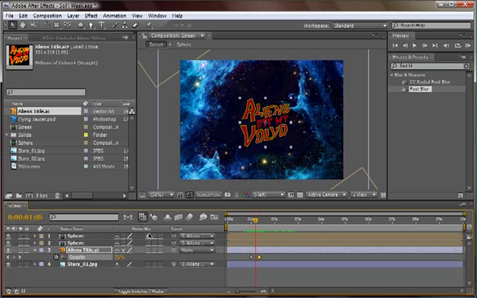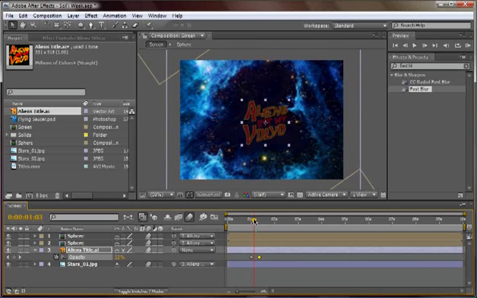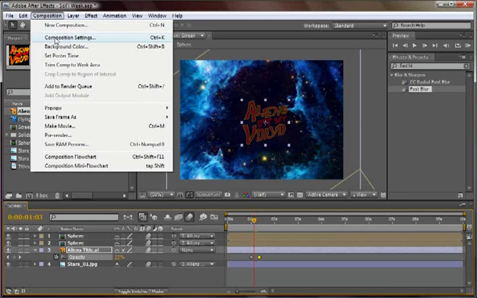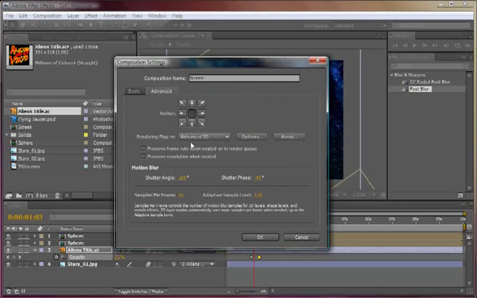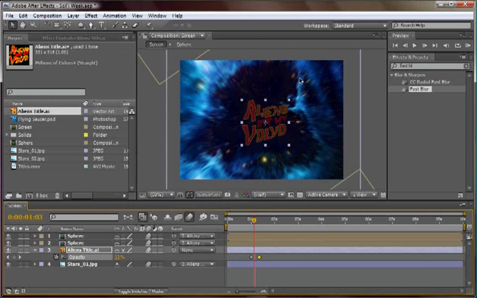So let me just make sure that motion blur is enabled for all layers and enabled for the comp itself. But as you can see, we don't have enough motion blur here. I just want to exaggerate it a little bit more. So by going to composition settings, and under advanced, change here the shutter angle to its maximum, which is 720, and choosing OK, we'll now have a nice strong motion blur with the same views and the same keyframes that